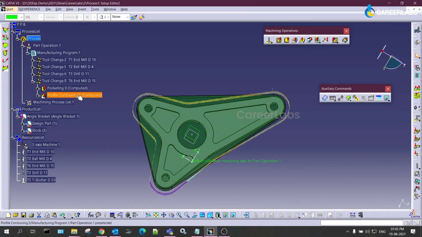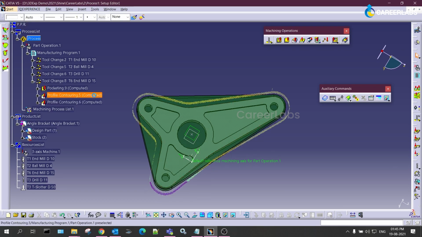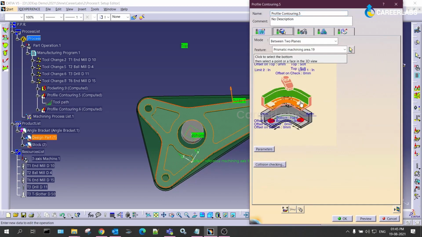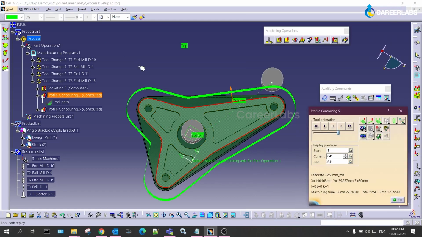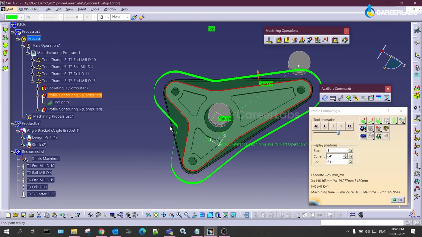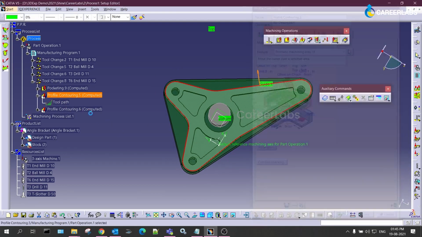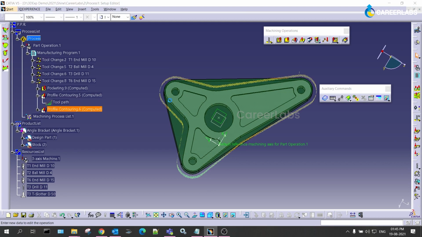So in a simpler way, I will just copy and paste, and the first operation and second operation both are the same. The first operation I will just give an offset of 8 mm from the contour, so that it will try to remove this material a little in the first level, then it will try to remove the remaining material in the second level.